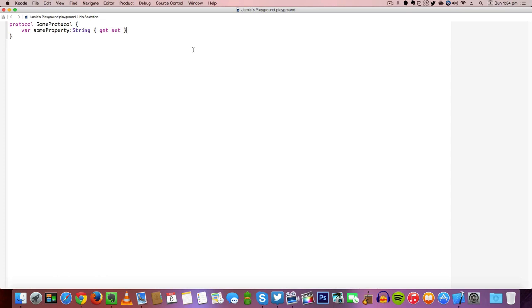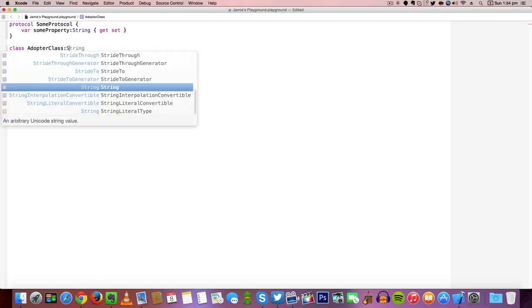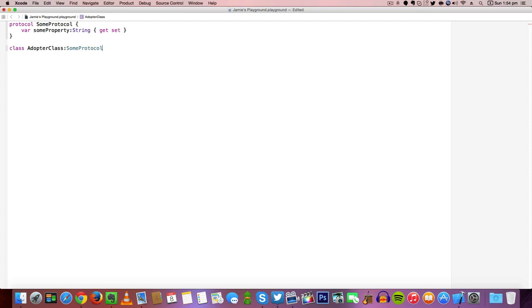So how do we create a class that adopts the protocol? So how can we use this protocol in other parts of our code? Well, we create a class, and then we need to give our class a name, so AdoptClass, and then we need to adopt the SomeProtocol, and we can open that up and do our code. Now there's an error because we haven't initialized our class, so let's initialize, and we're going to do someProperty of String,